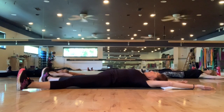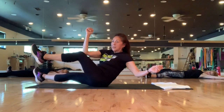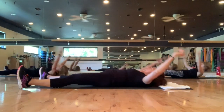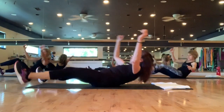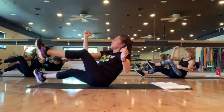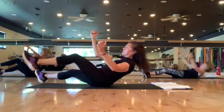So, to do the moderate version of Starfish, you're going to lift your upper body and lower body up at the same time, and you're going to take that right elbow to the right knee. Looks like that. All right? Come on, join me, ladies. This is 4, 5, 6,